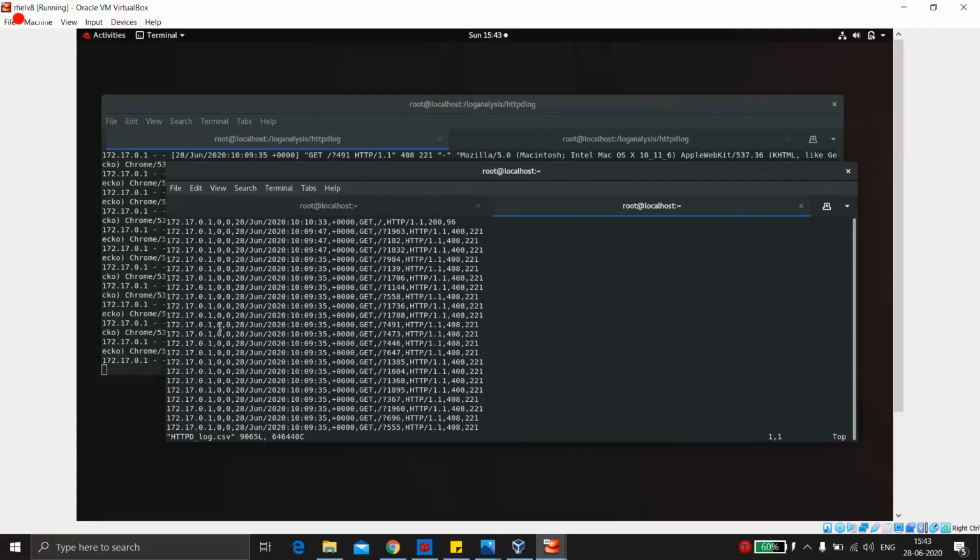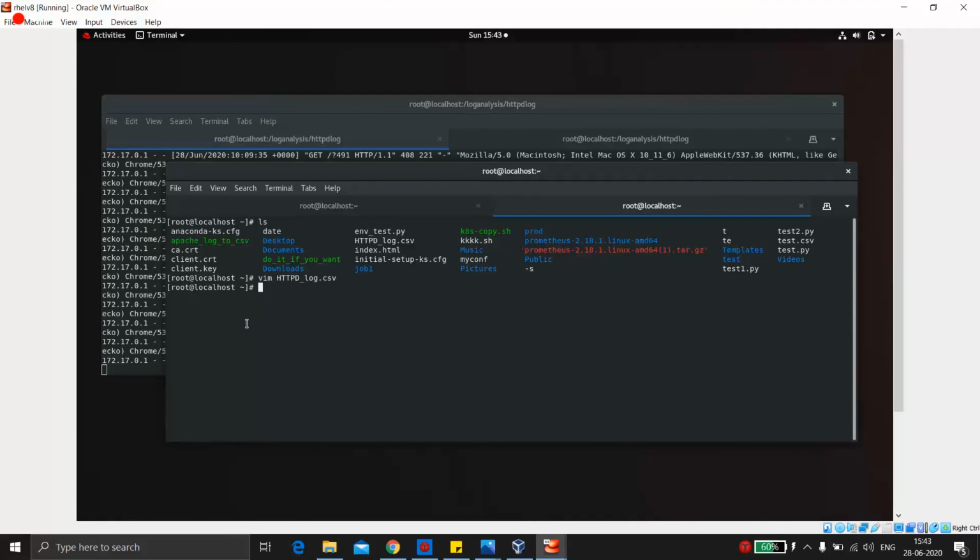You see that the dash is converted to 0, the square brackets are gone, the double quotes are gone, and everything is very clean. And it takes less than a second to do this. If you go to this folder, this is the shell code, right? If you run this, it would run in less than a second. It would go through around 5,000 to 6,000 records and convert everything in less than a second.